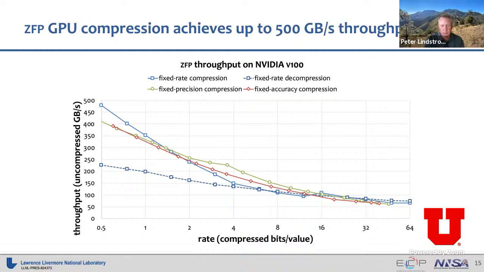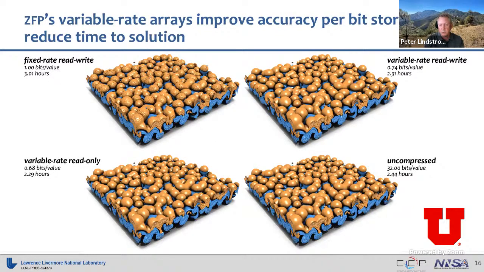In order for this to work well, you need a really fast scheme. What this shows here is the actual throughput in number of uncompressed gigabytes per second compressed by ZFP. And as you can see, as we go down to fewer and fewer bits per value stored in memory, the throughput actually increases all the way up to close to 500 gigabytes per second. This was done on an NVIDIA V100 card, where we're taking advantage of a lot of parallelism as well. So the point is that at a few bits per value, as you might want to use, for example, for visualization, you can actually get a net speedup by using compressed arrays just by moving less data through the